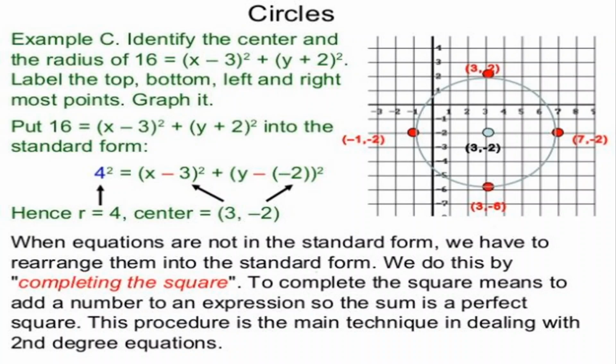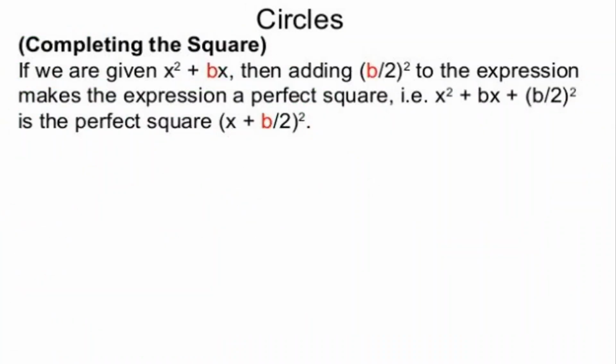We do this by completing the square. To complete the square means to add a number to an expression so the sum is a perfect square. This procedure is the main technique in dealing with second degree equations. So, completing the square. If we are given x squared plus bx,